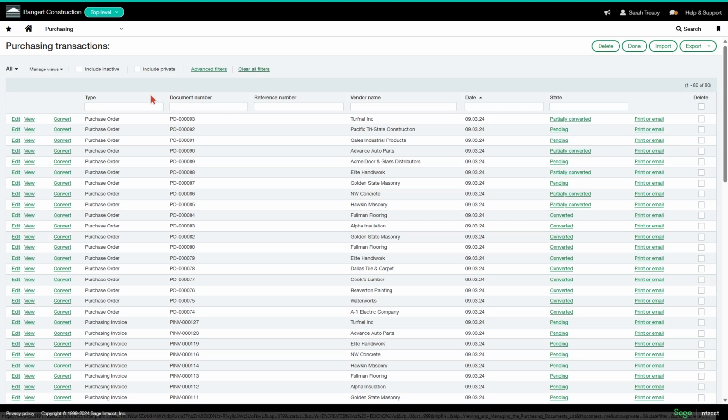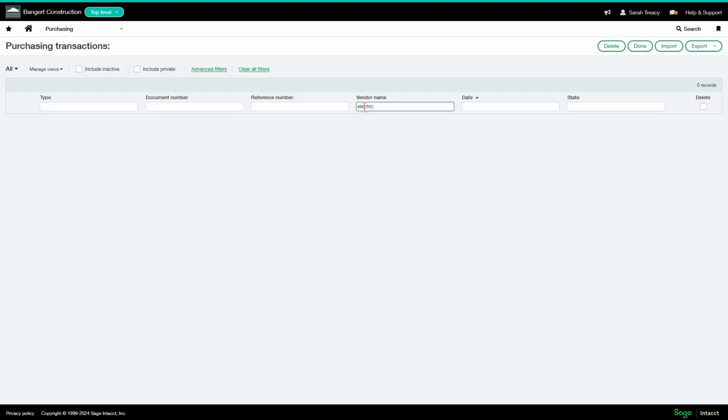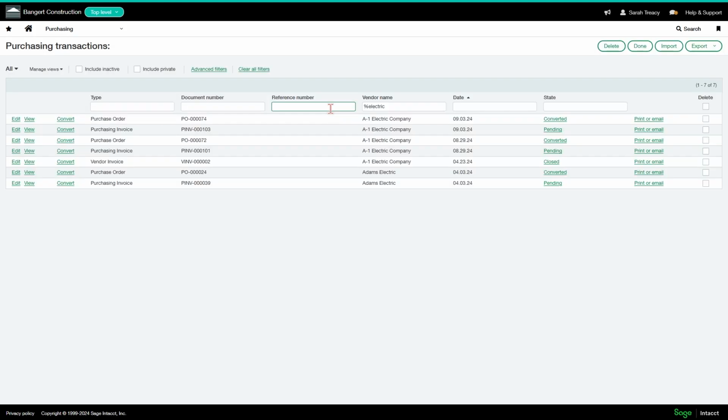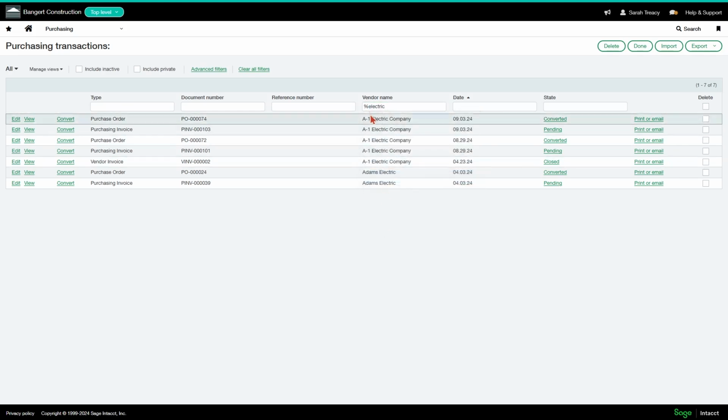Another little tip just while we're looking at views is, let's say you're trying to find a specific vendor, but you only know part of the name. So I'm looking for one of my vendors that has electric in the name. And if I type in electric, nothing comes up, but I know they have electric in their name. So in that case, what you do is use the percent sign, because that's the wildcard, and then type in electric, hit enter, and it's going to bring up all of the vendors that contain that in their name.